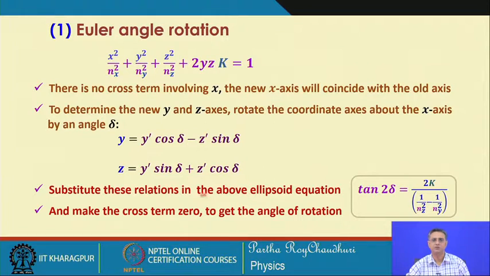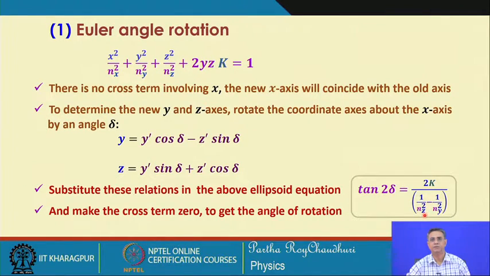Anyway, after substituting this relation in the above equation, and making the cross term equal to 0, we will get the required angle of rotation of the coordinate axis about the x axis,